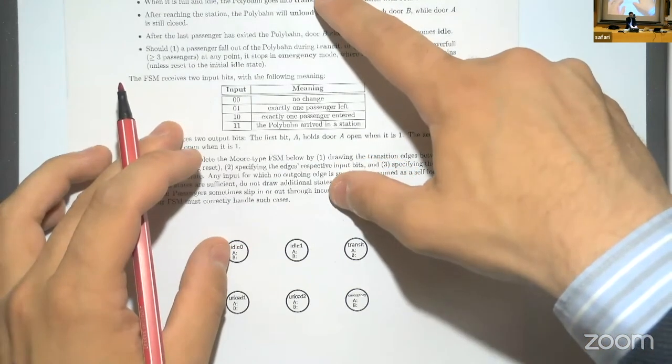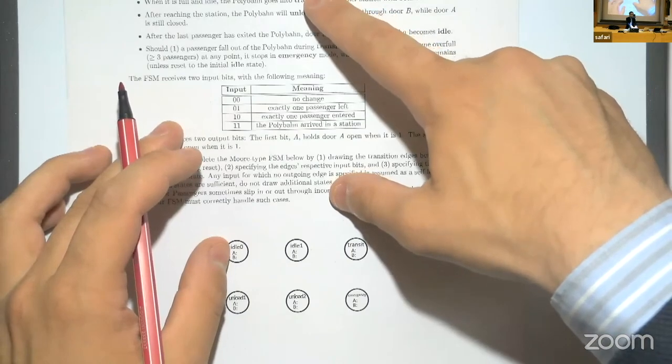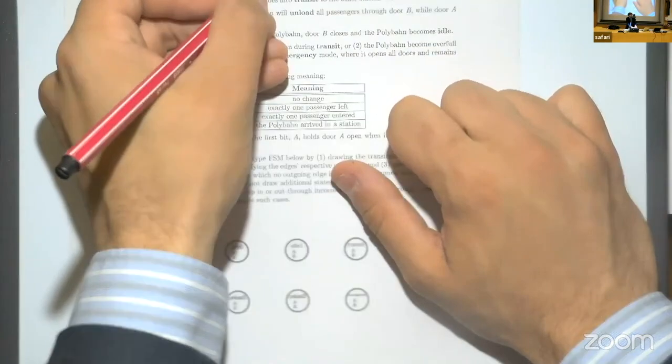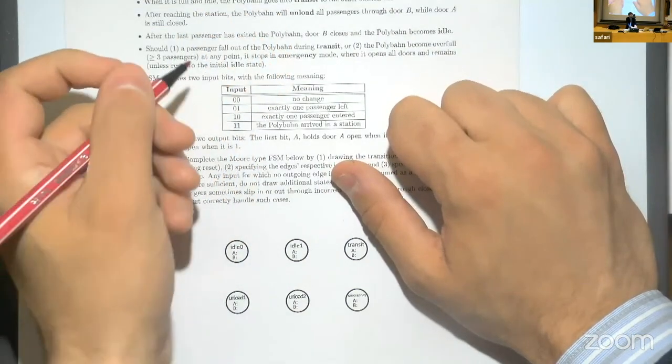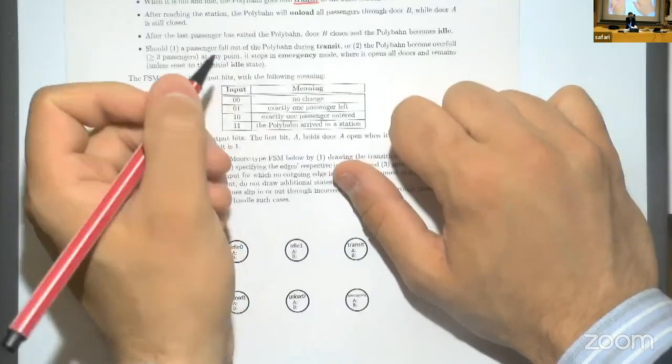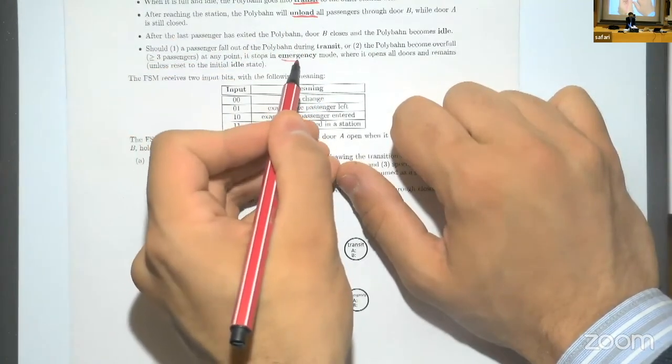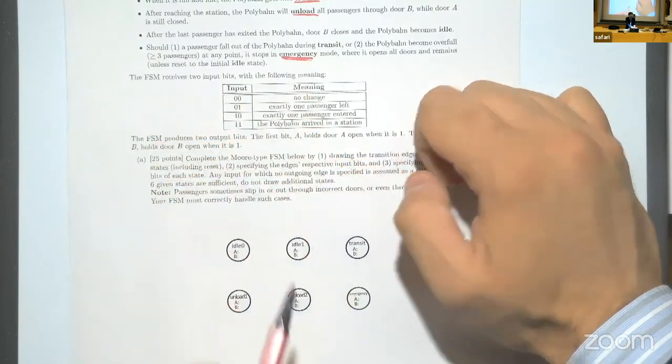So what you should look for is anything that could be a state, right? So here, okay, we were so nice and highlighted them in bold for you. So there should be idle states, and then unload and emergency and transit states as well. And